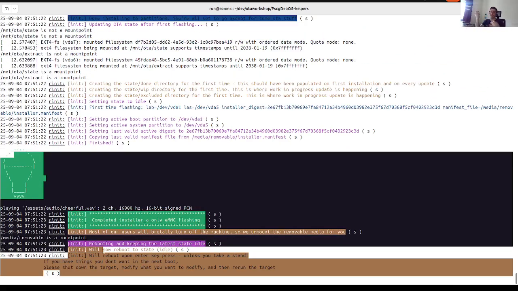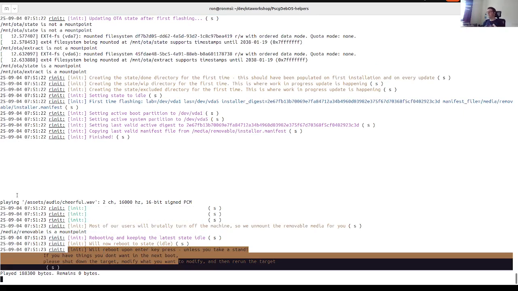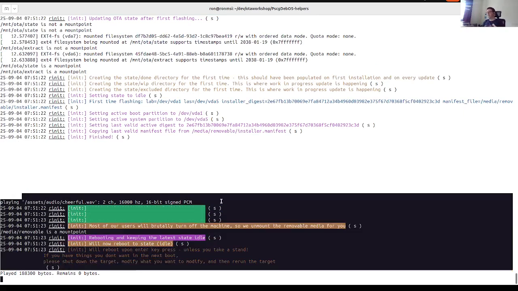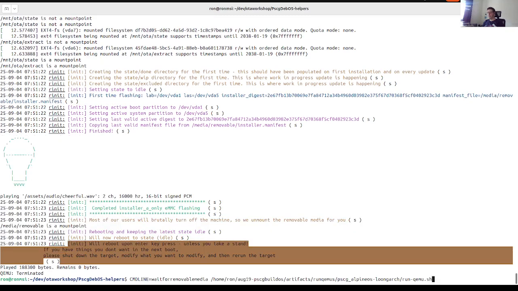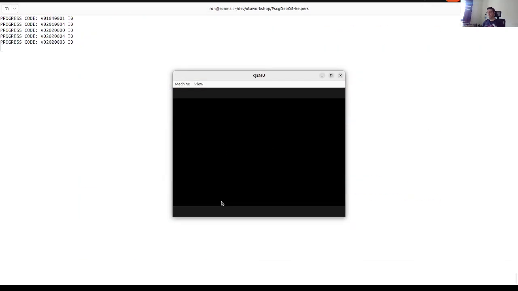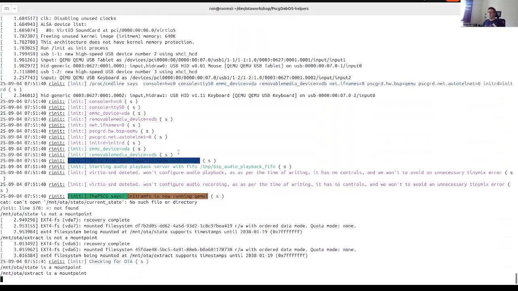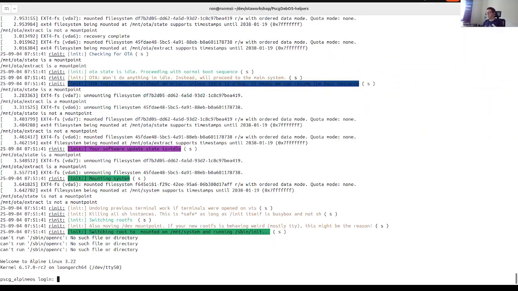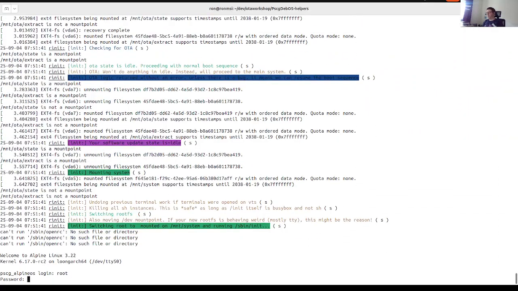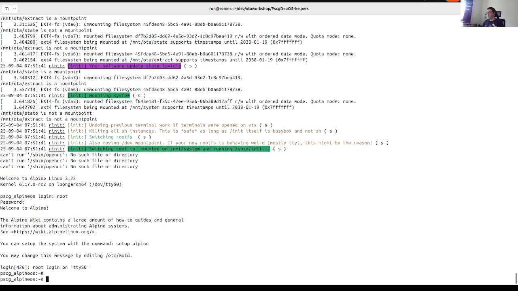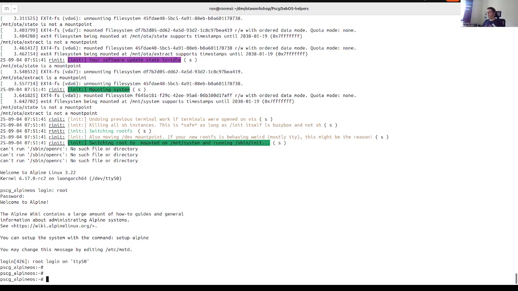We'll play a nice sound here, and then it gives a note that tells me, hey, the removable media is in. So I'll go here and boot it. So this is it. And you know what? Just for fun,